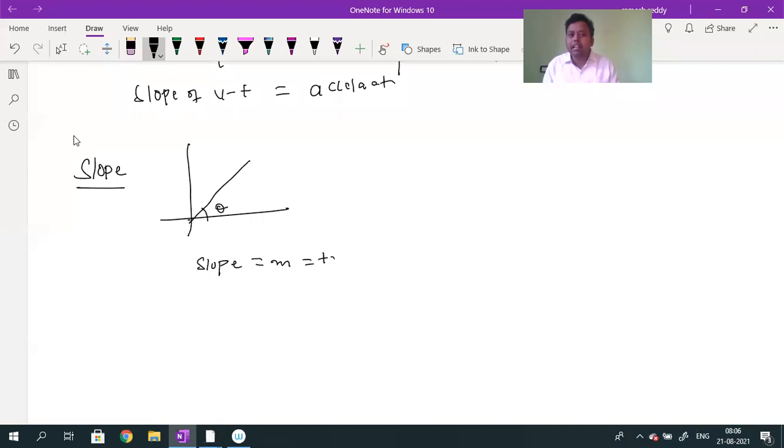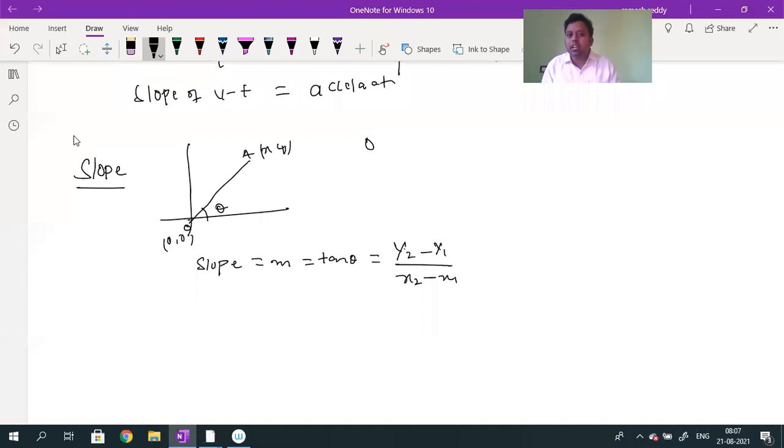Even for slope, there is one more definition. All are asking, write the definition. Already you know the definition. What is the definition? It is the ratio of change in y coordinate, y2 minus y1, divided by x2 minus x1. This is the general formula. Here the straight line is OA, for suppose. O coordinates are 0, 0. A coordinates are x, y.